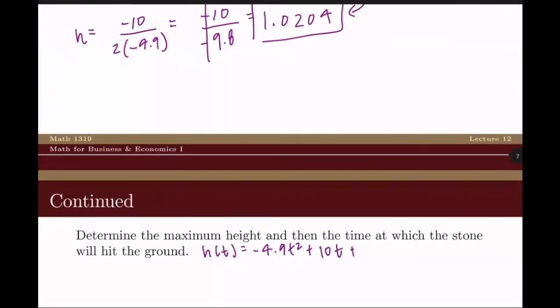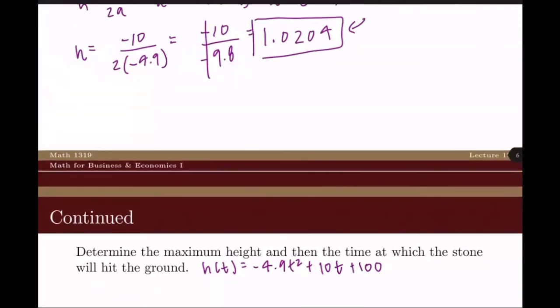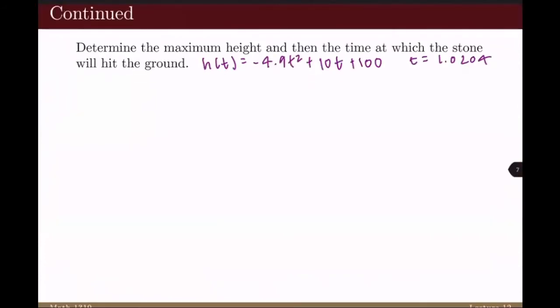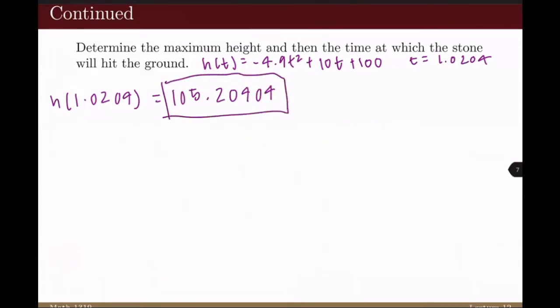And we want to plug in when t is equal to 1.0204. So we'll have h of 1.0204 is equal to 105.20404. So this is going to be our maximum